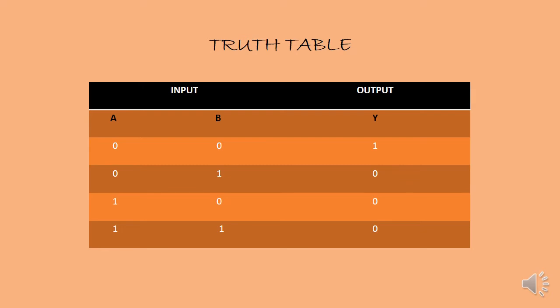When both logic inputs are high, that means A is 1 and B is 1, A OR B, that means 1 OR 1, gives 1. The inversion of 1 is 0. So here we get output 0. So this is the truth table of a NOR gate. We will learn how to construct a NOR gate using discrete circuit components on the next slide.